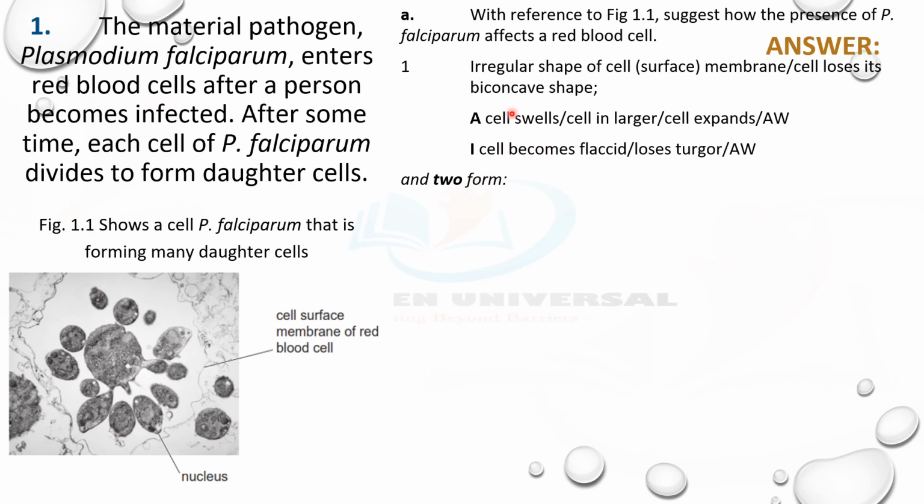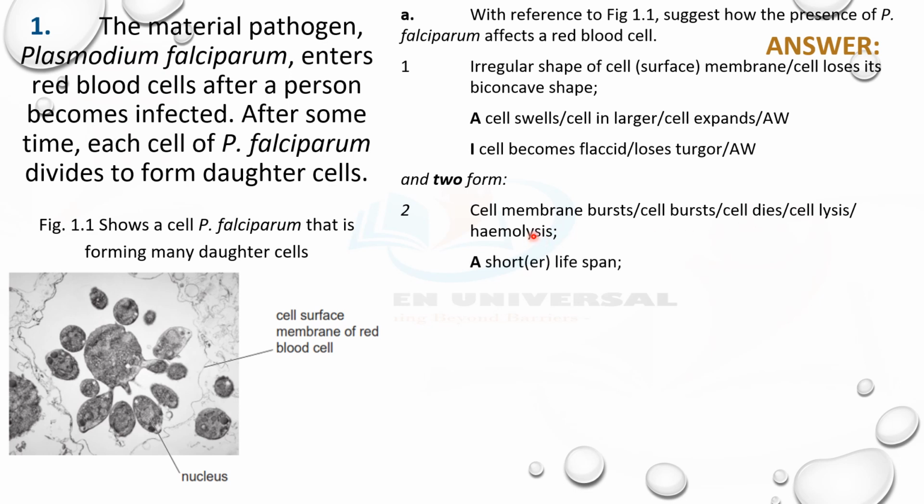Okay, so this is the first thing we'll see here, and any 2 points from the following. You can see that the cell membrane bursts, or the cell bursts, or the cell dies. That's cell lysis, hemolysis. Do you get it? And because of that, the cell is going to have a shorter lifespan. That's the same thing: if it bursts, it's going to have a shorter lifespan, and then daughter cells